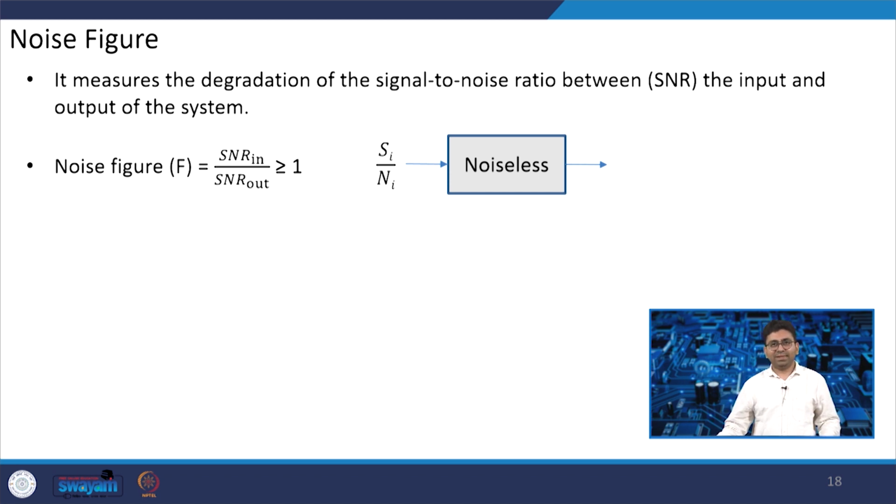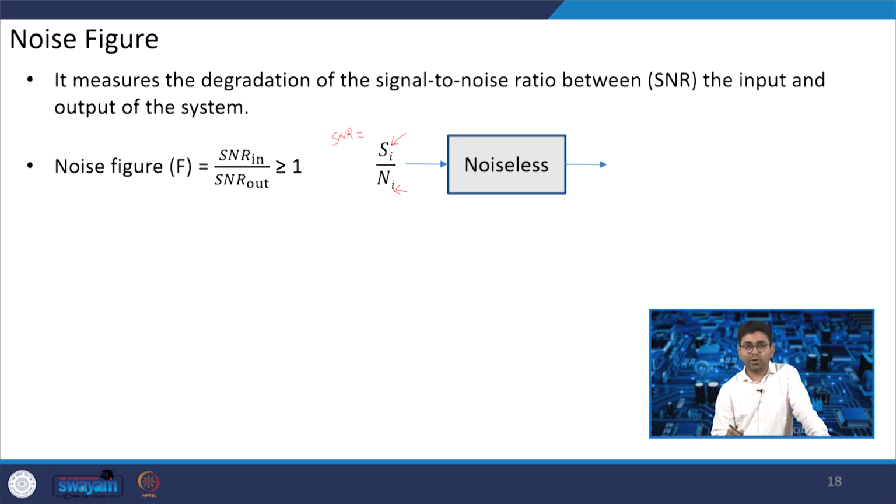So, how exactly is the signal to noise ratio defined? It is the signal power divided by the noise power. Now, let us say you have a noiseless system and you give it a certain input SNR, Si by Ni. Because the system is not adding any noise,